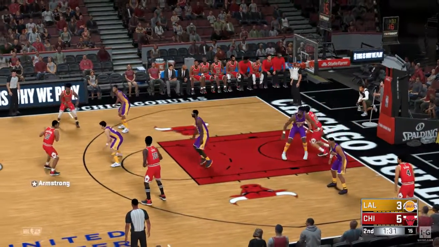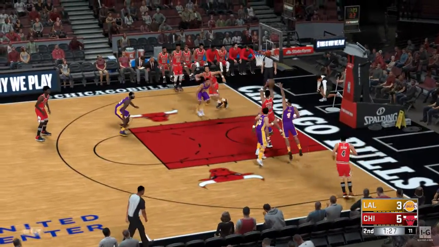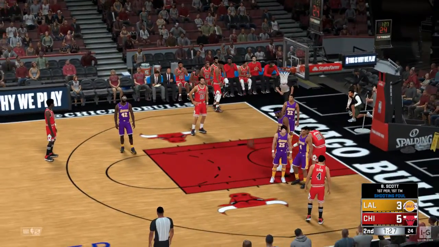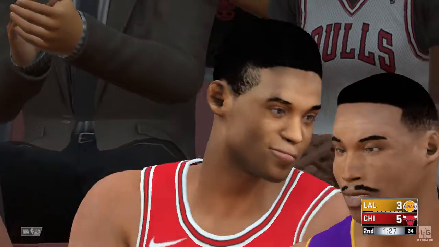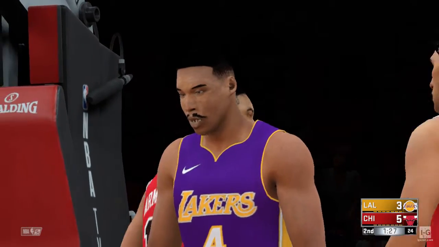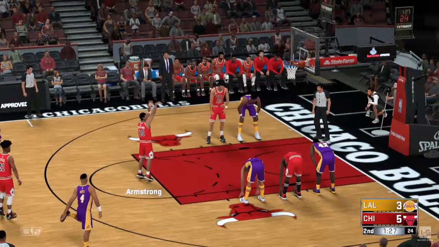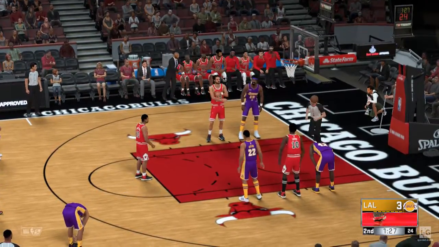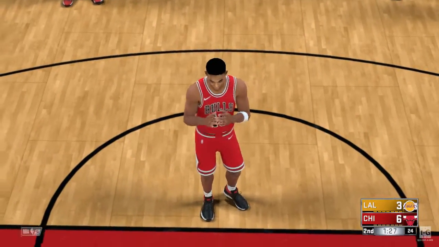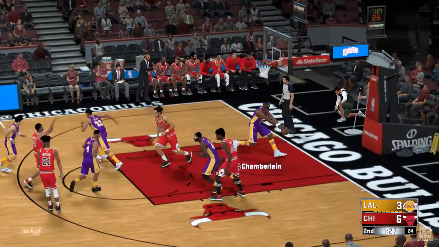Outside Butler. Kicks it to Armstrong. And so he earns a trip to the line. Official saw the contact, and he'll shoot 2. Byron Scott picks one up. I mean, even from over here, you can see that one pretty clearly. Bulls shooting their first free throws of the game. And he knocks down the first one. And both free throws good for Armstrong.